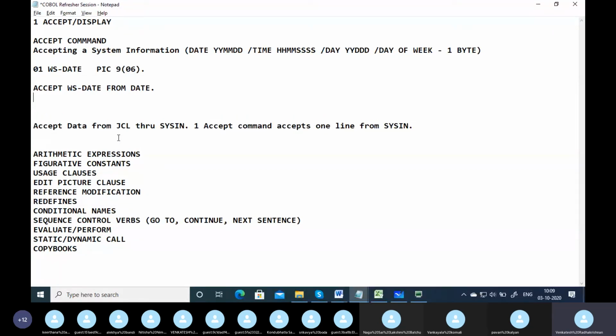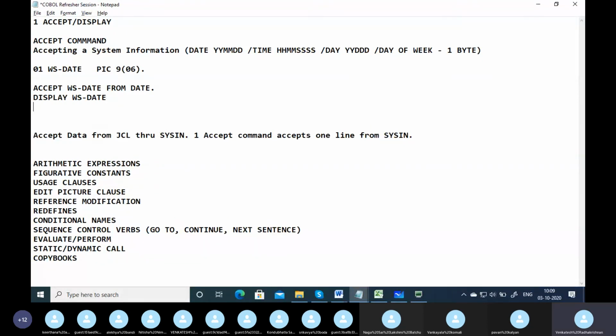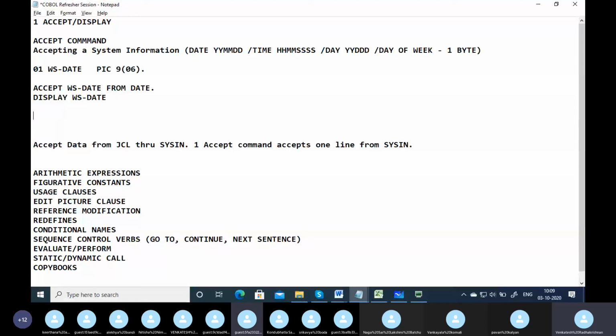If you display WS-DATE today, if you execute this command, what is it going to display in spool? Today's date, in YYMMDD format: 2010-03.